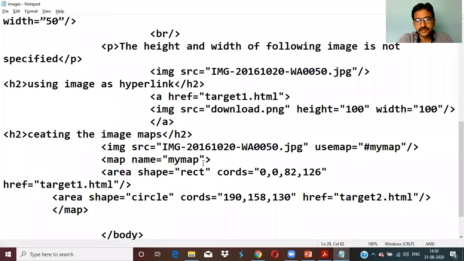So the coordinates, 0 comma 0 comma, what we have given, 0 comma 0.